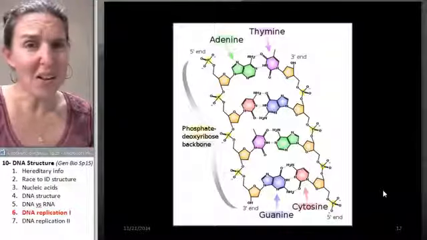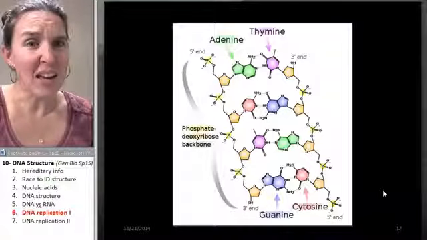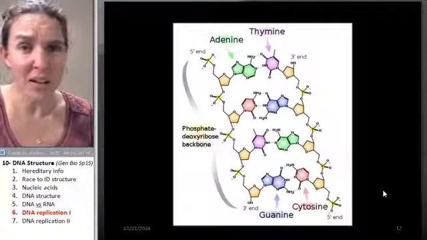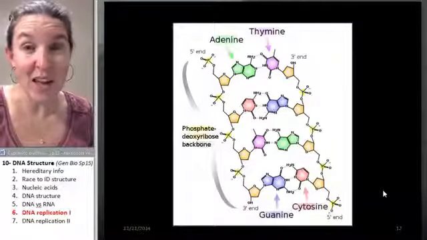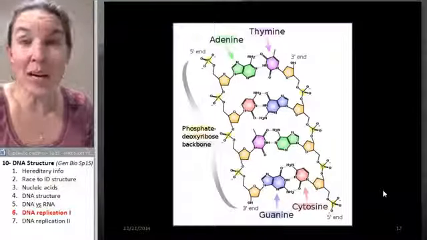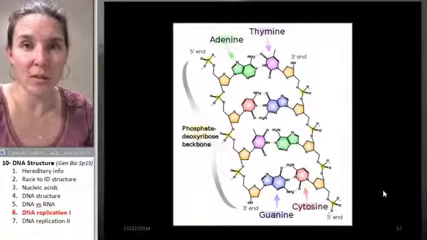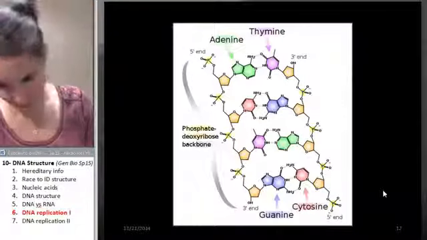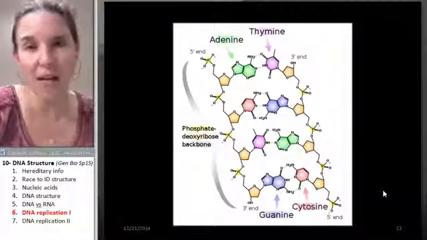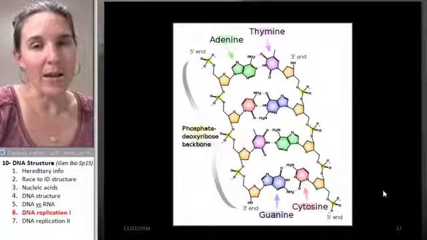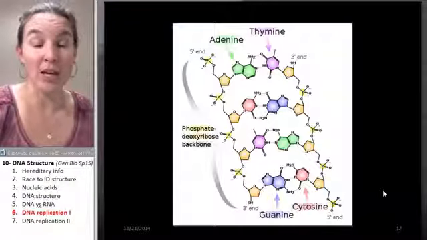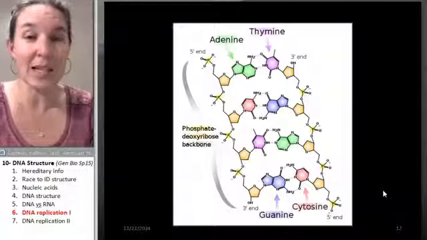You started out as a single cell, and you are no longer a single cell. So you had to make copies of every cell, which means you better make copies of the entire genetic code inside each cell every time your cell replicates. Okay, we're going to go into DNA replication processes in a second.